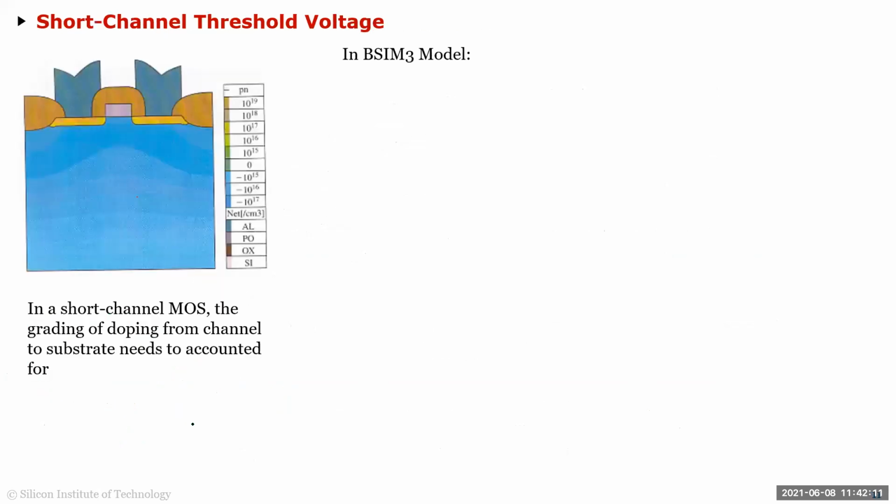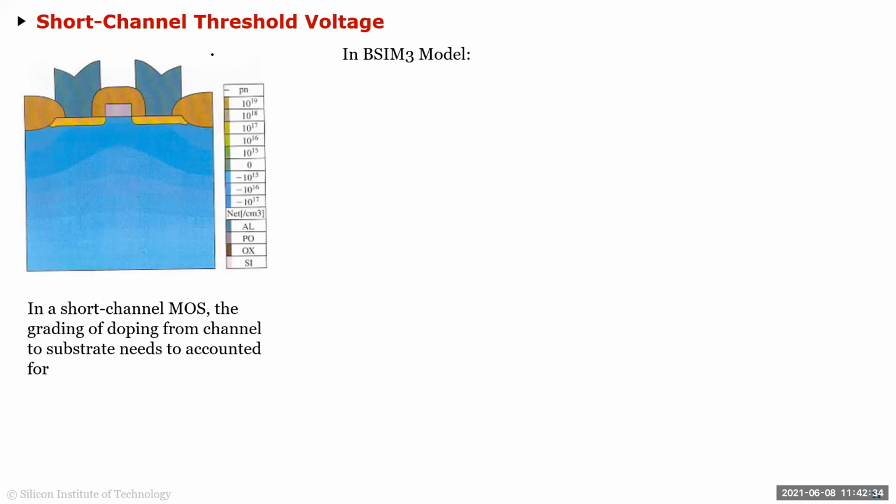Okay, so that was the effect on the current. Now there is an effect on the VT as well for a short channel, but it's actually to do with your doping profile rather than anything to do with your fields. The field part is captured in the currents actually. So what happens is the VT